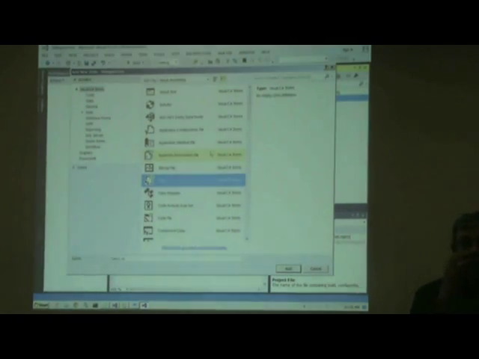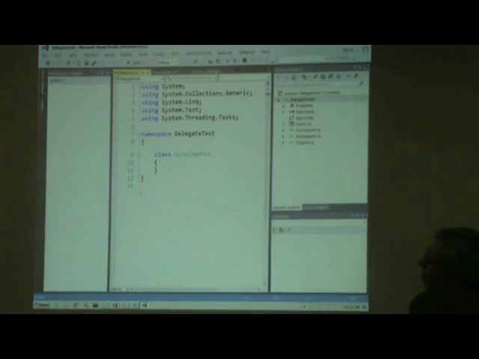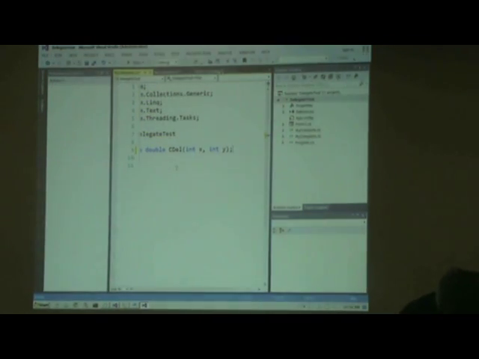But because in C#, file names have nothing to do with the content, you can ask to add a class. So suppose I ask a class to be added, and I call it my delegates. So name of the class is my delegates, right? However, once it creates that file, I delete the class. And I paste the declaration,